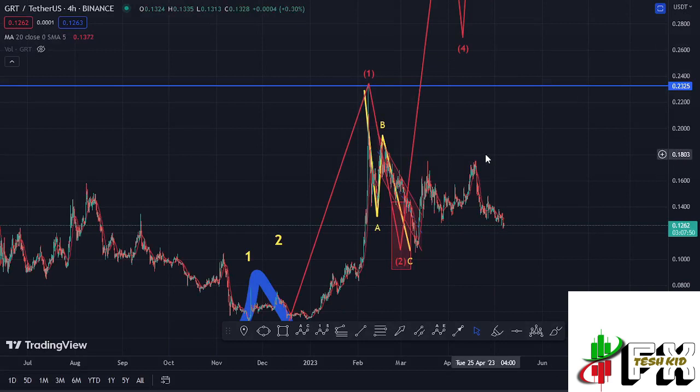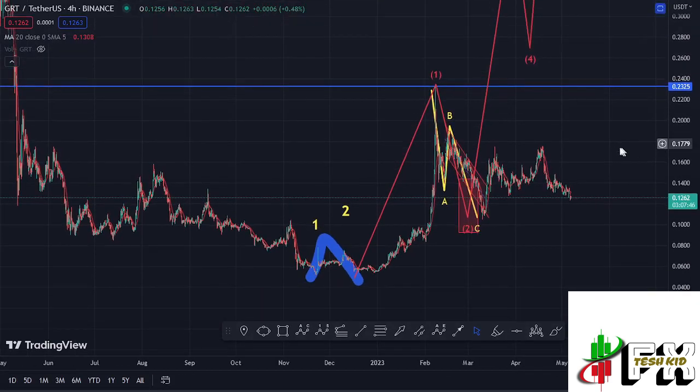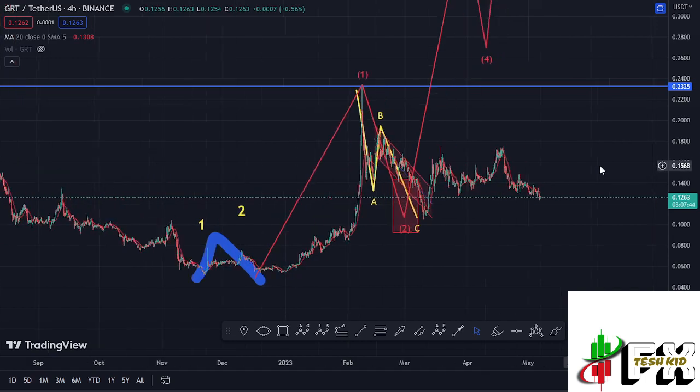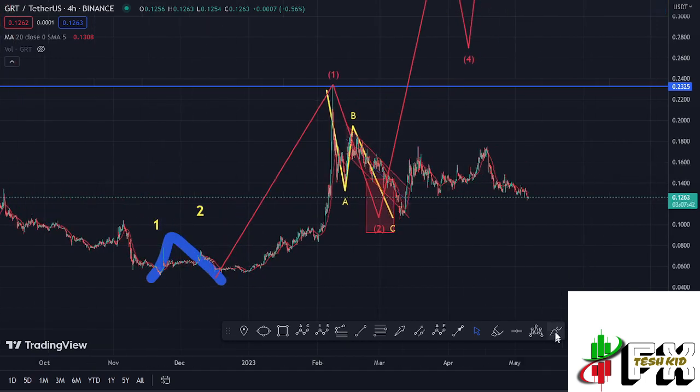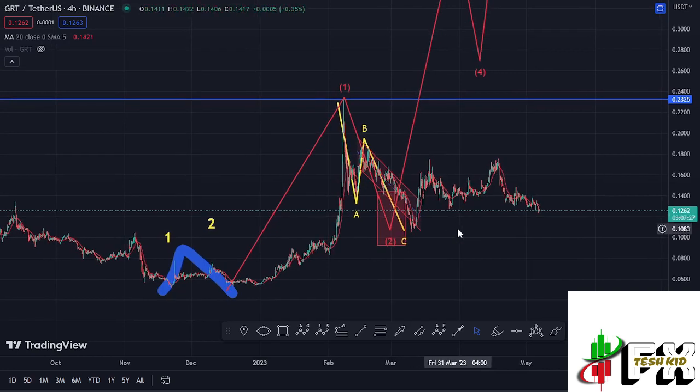Welcome back to TeshKidFX for another GRT price prediction update, which at the time of this recording is holding below the 20-day MA here on the 4-hour chart, which is now acting as a resistance for us to continue gearing up. We have also continued to obey the Elliott structures, and before I get further into the technical analysis,